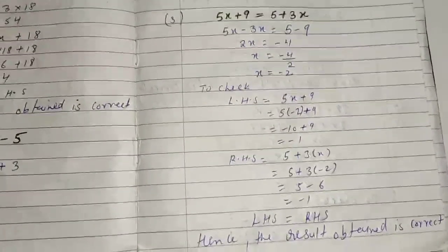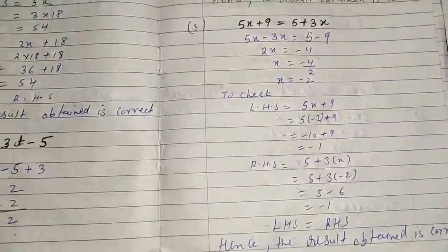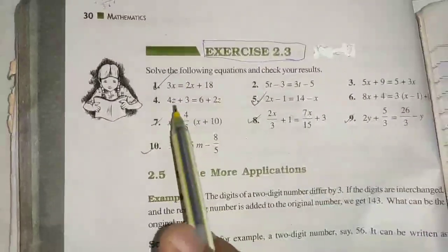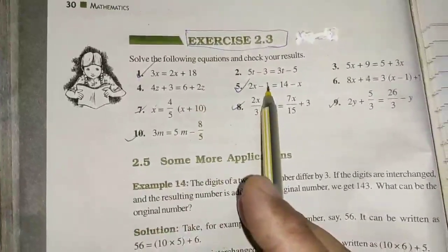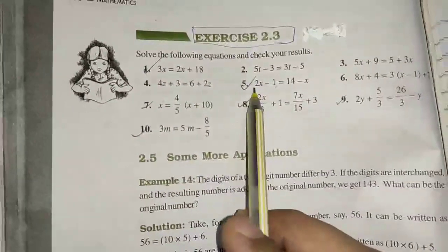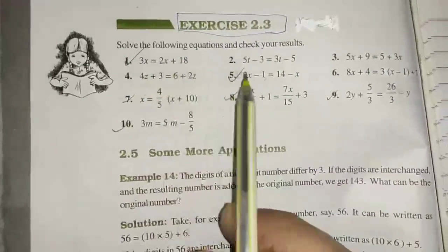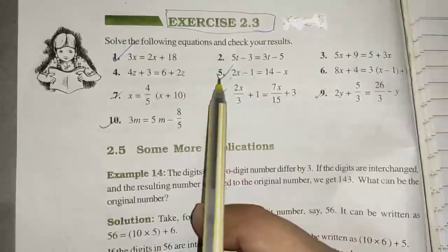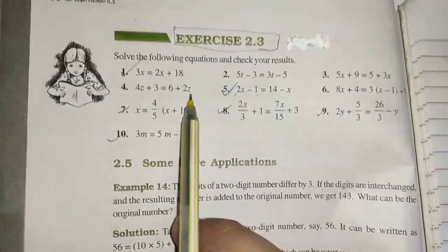Clear? So the other questions we'll do in the next video. If you see, we have done up to question numbers 1, 2 and 3. Now question numbers 4 and 5 you have to do on your own, in your classwork register only. After questions 1, 2, 3, you attempt questions 4 and 5. Clear? I will show you the answers of 4 and 5 in the next class, but you have to do them on your own so that you can check whether you are getting the answer correct or not.